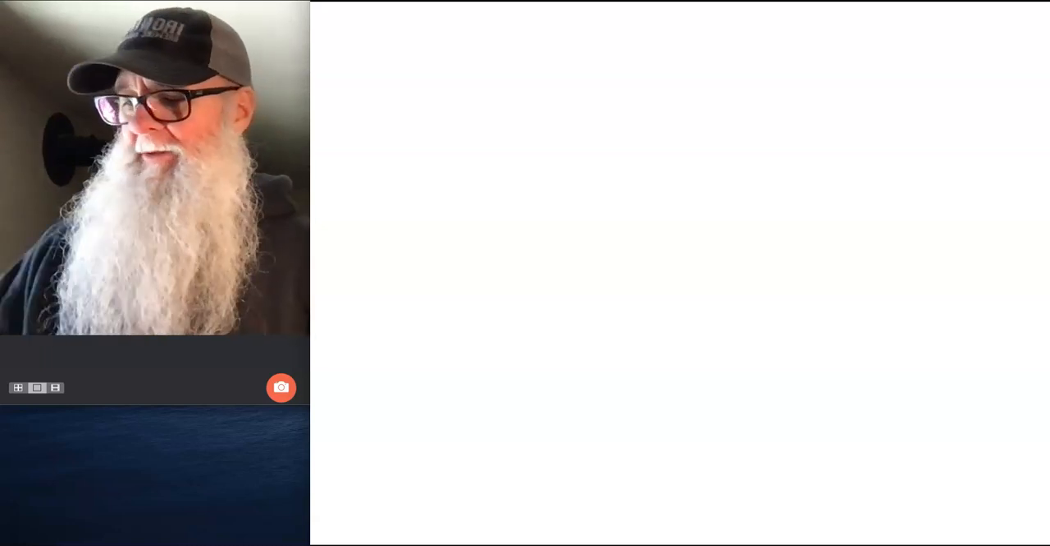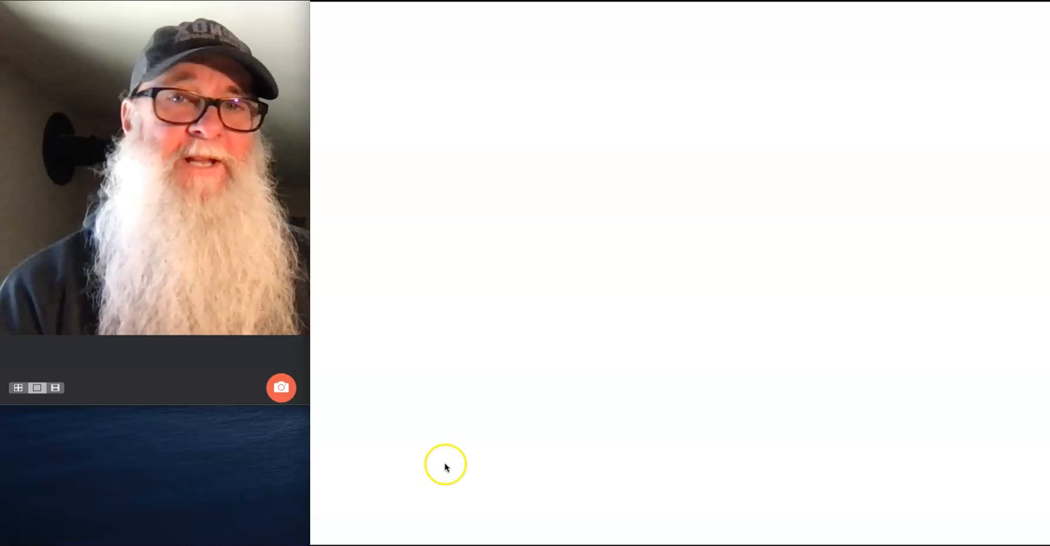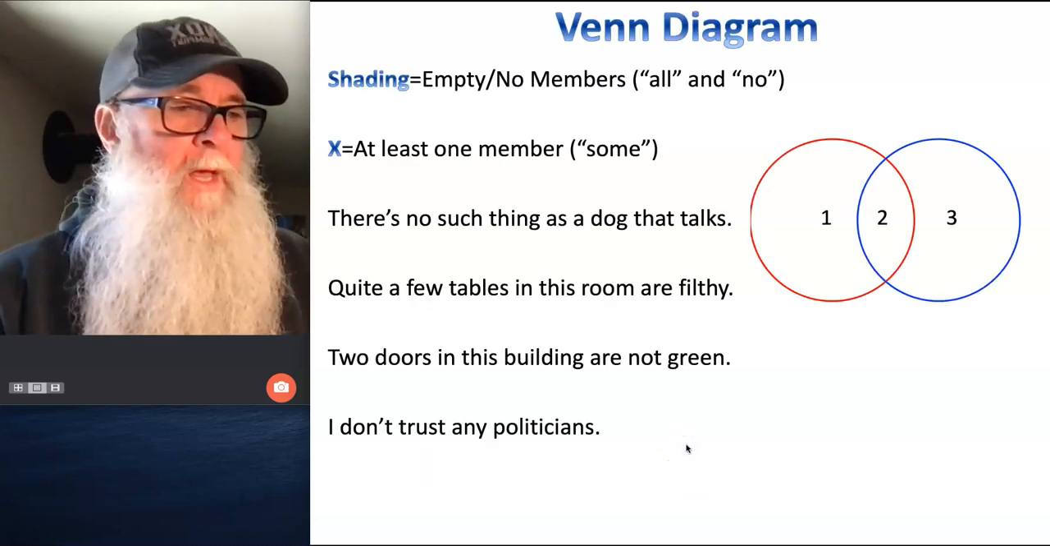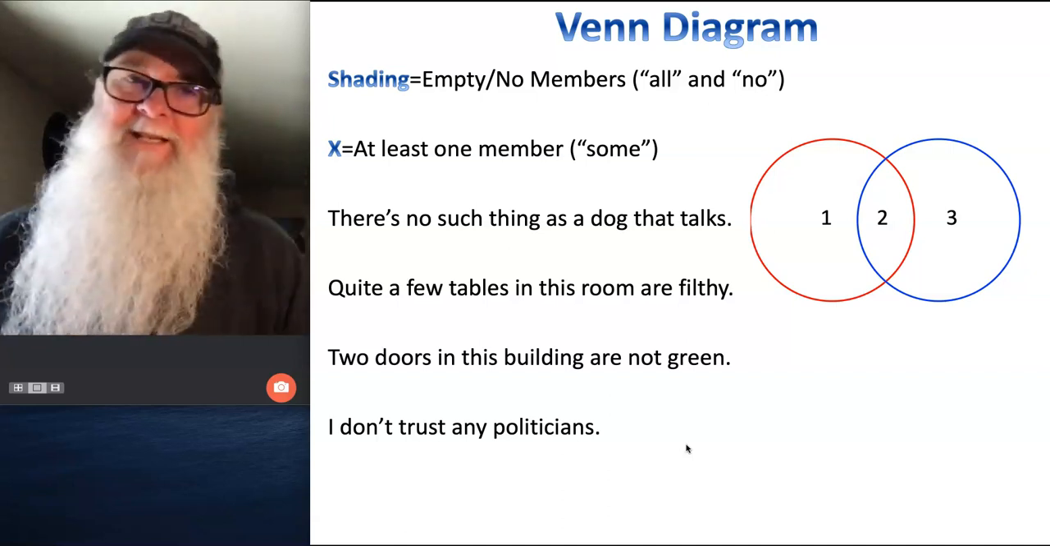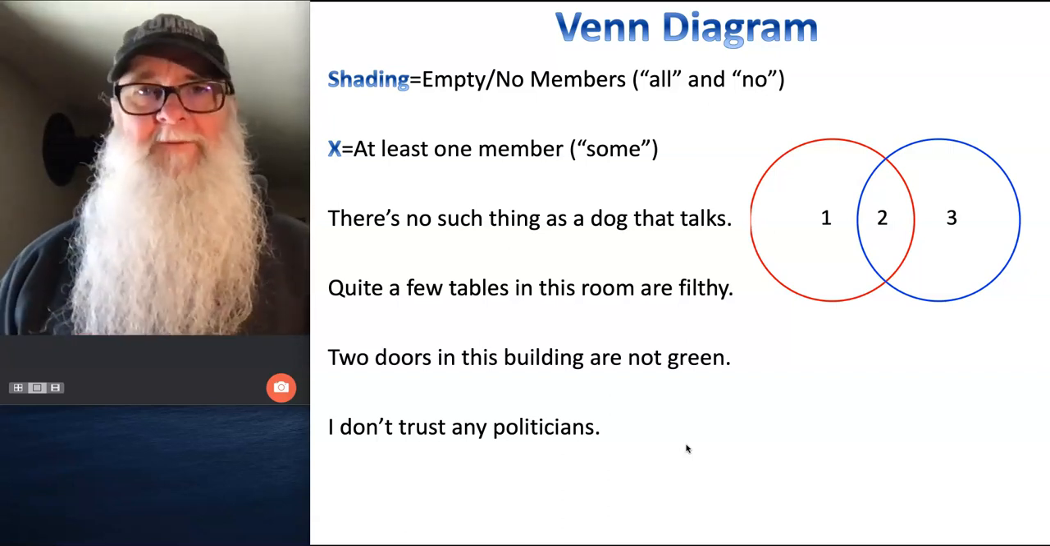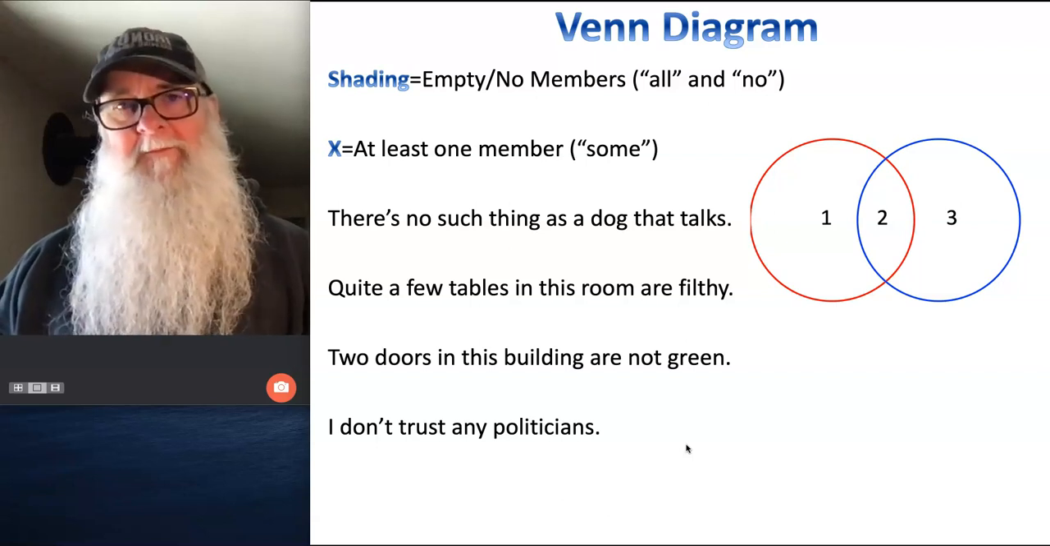All right, guess who gets to practice creating Venn diagrams? You. Okay, so I'm going to give you 4 statements, and you're going to create a Venn diagram to represent each one of these 4 statements. The problem is none of these 4 statements is in standard form. So the first thing you have to do is translate each statement into a standard form categorical